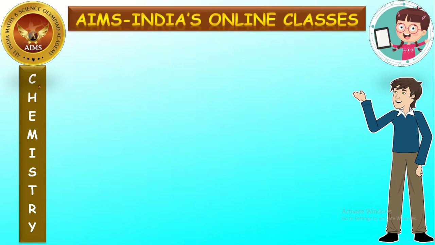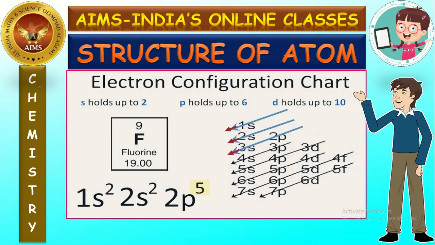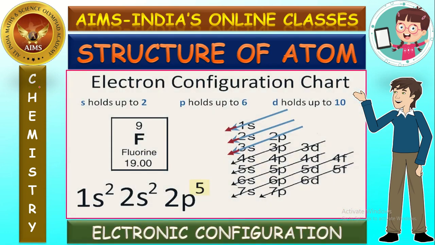This is a chemistry session. In this we are discussing the chapter structure of atom. In this session, particularly, we are going to discuss the electronic configurations of the elements and the principles which govern these electronic configurations. That means the principles which assist us in writing the electronic configurations of the different elements. About all this we are going to see in this session.